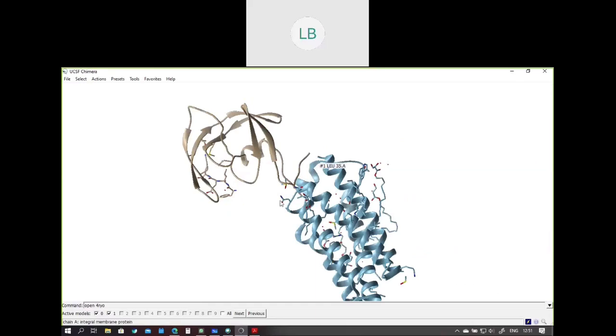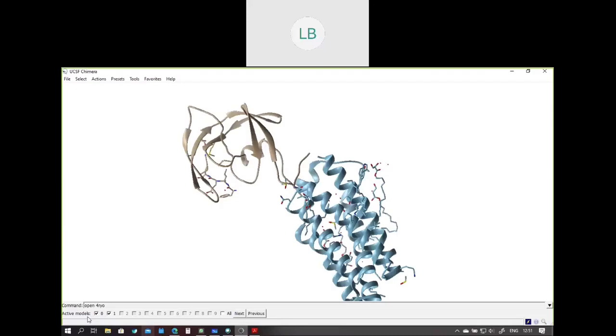So once we are done with the basic navigation, we move on to the command line language, because UCSF Chimera has a command line. You can see it right here, and it's got its own language, but it's not very complicated. Why this is important is that we'll be using this command line to do a lot of different things. So let's say you want to select certain things.